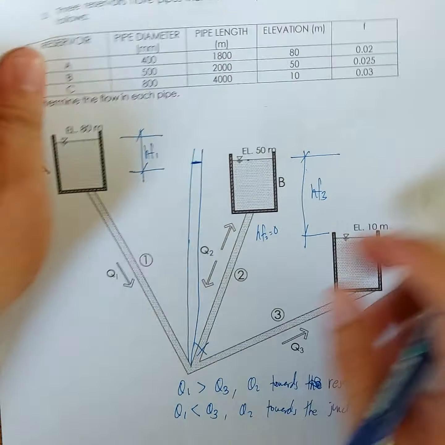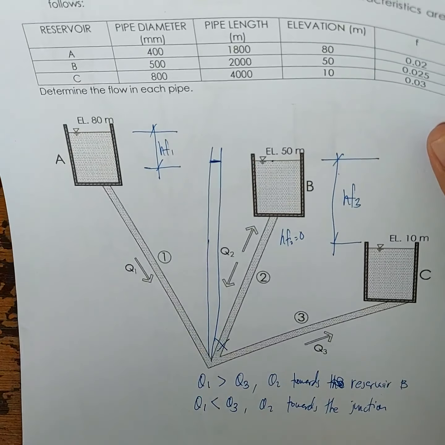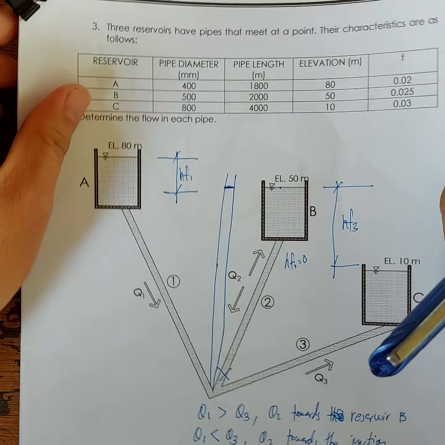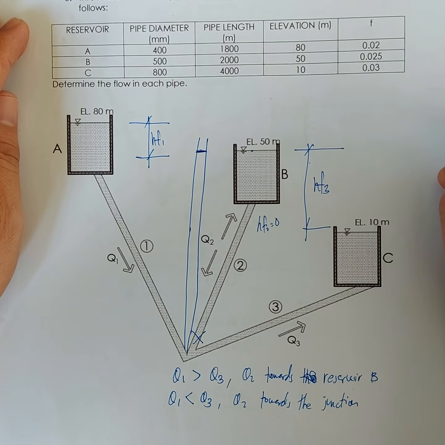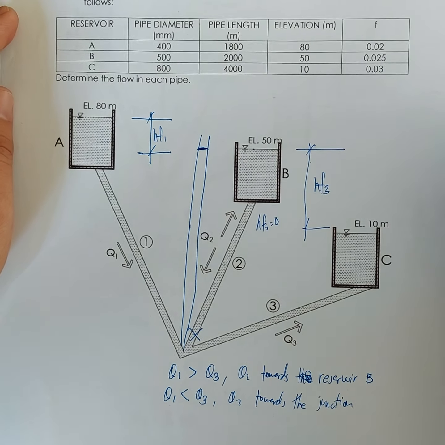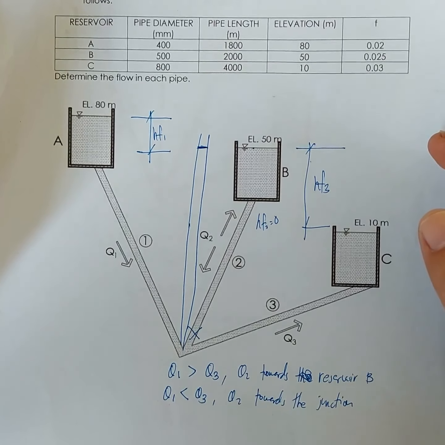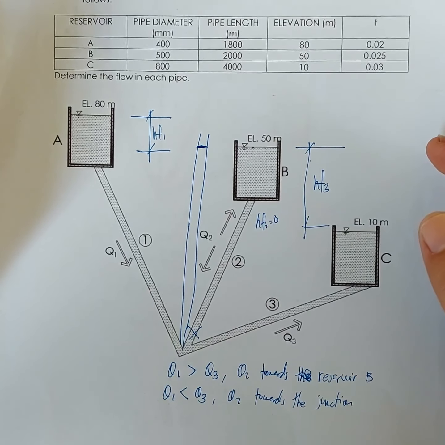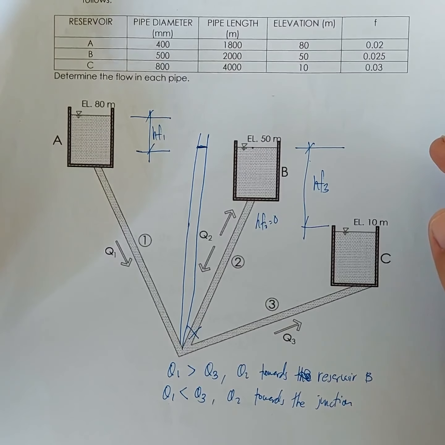Okay, so sa mga type 2 problems, pag type 2 problems, given lang yung elevations ng reservoir and then yung properties ng pipes. So mahirap to compare sa first type ng problems. So first is to identify the direction of flow dun sa may middle pipe, middle reservoir. Okay, so we have two possible